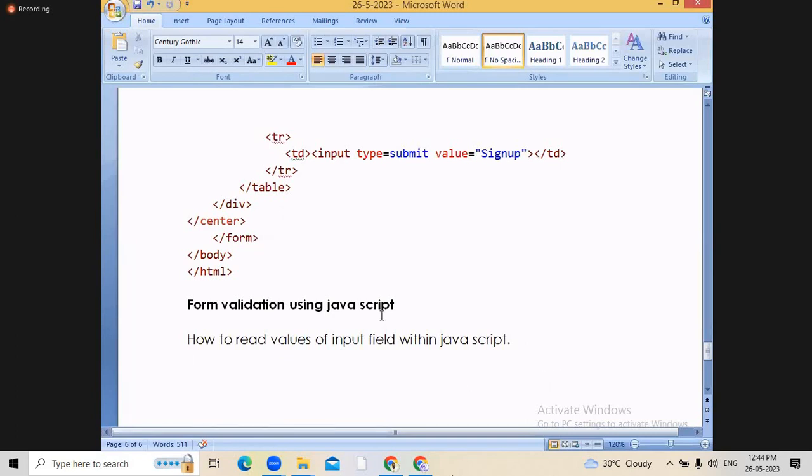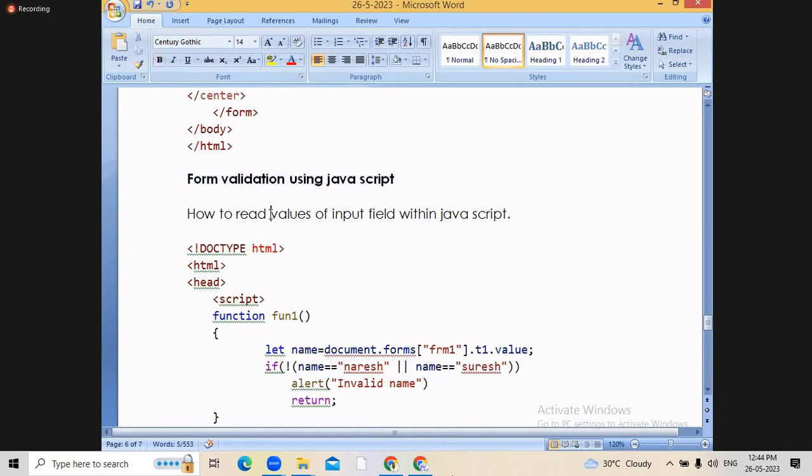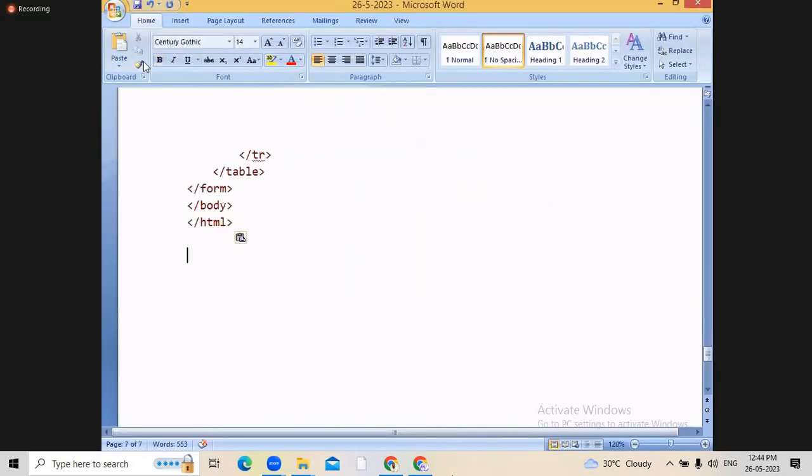Now we will try to see some more form validations, how to do validations by using JavaScript. Tomorrow we'll see more on this, like how to check the validations using JavaScript, because this is very important. We'll take one application and do all the validations. But today we'll stop here, and tomorrow we'll